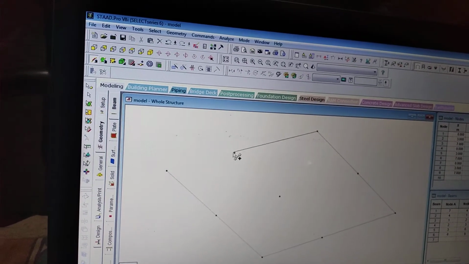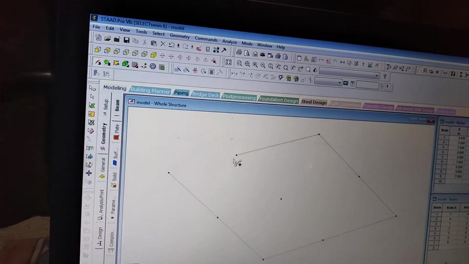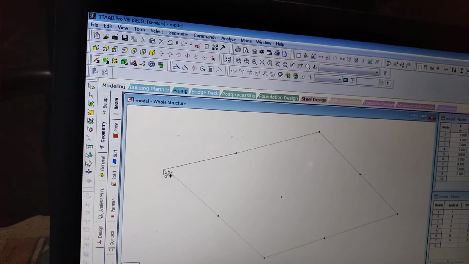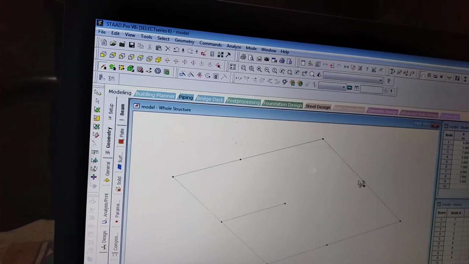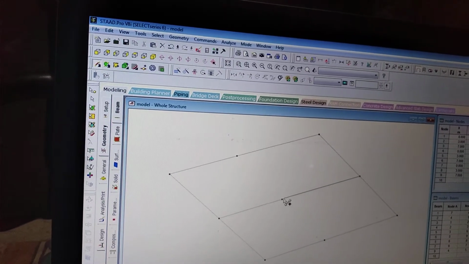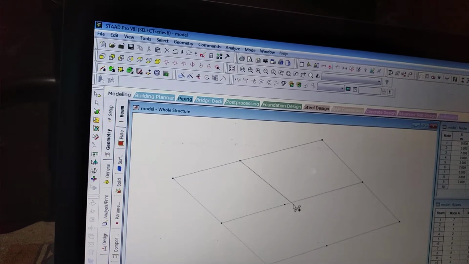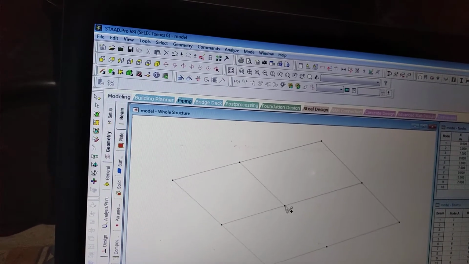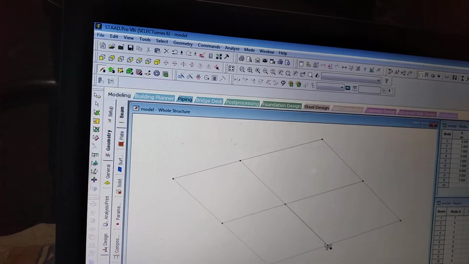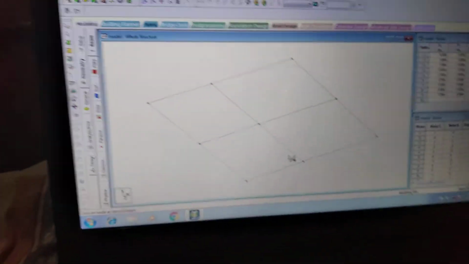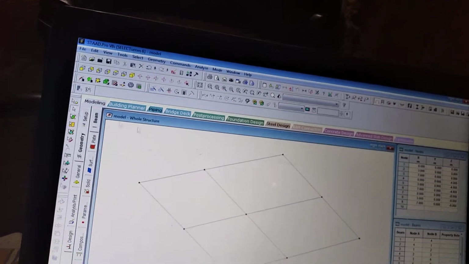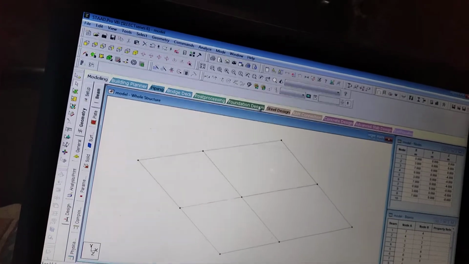Each node to node you have to add it. Okay, so before adding the nodes, the line diagram shows like this.